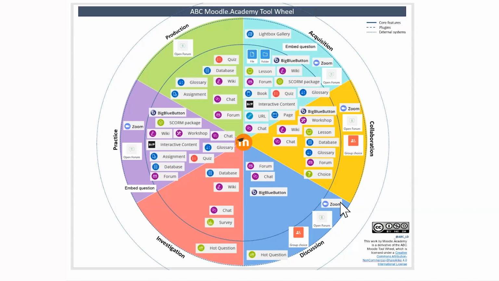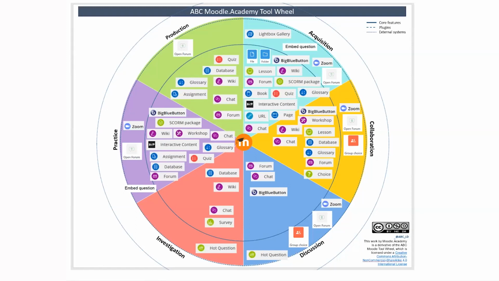And I see a question, how did you create the wheel internal process at Moodle? I used the template that came out of the abcld.org, so abc-ld.org. I actually developed the original one for Moodle when I was back working at UCL, and we've adapted it for Moodle Academy. Okay, and yes, for those who have to leave, this recording is available later in the course anyway.